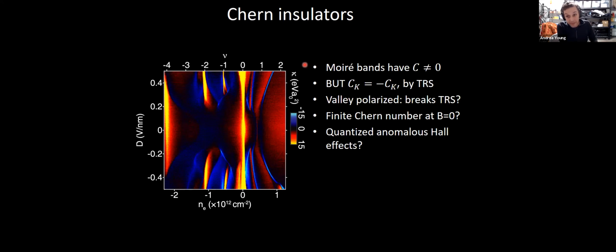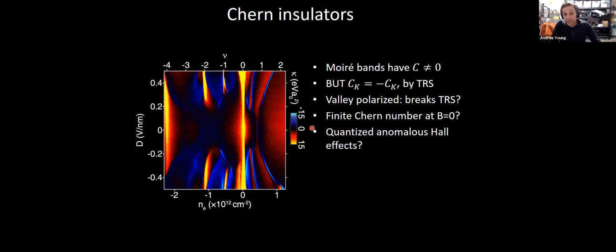There's a restriction from time reversal symmetry, which is that the Chern numbers in bands in opposite valleys had better be opposite to each other, because the total Chern number had better vanish if you have time reversal symmetry. But here you already have the basic ingredients, even without a Moiré: you have states which are valley polarized and spin polarized. They must break time reversal symmetry already. So it's entirely plausible to get finite Chern numbers at zero magnetic field.